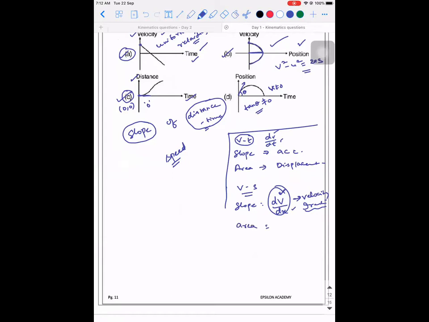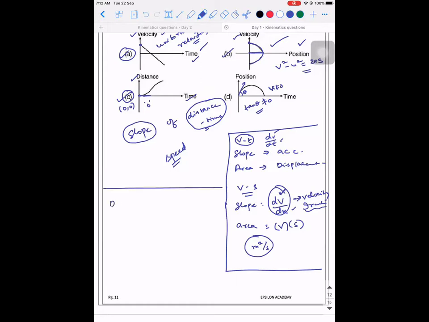Area. Whenever you need to calculate area, whatever technique I'm telling you is not applicable only for physics. It is applicable for maths also, because we are using calculus. So area means product of y-axis and x-axis. So velocity into position, what does it represent? Is there any physical quantity which has unit meter square per second? All right. So we don't know. So it is not known to us. So there will be no question which is based on area.